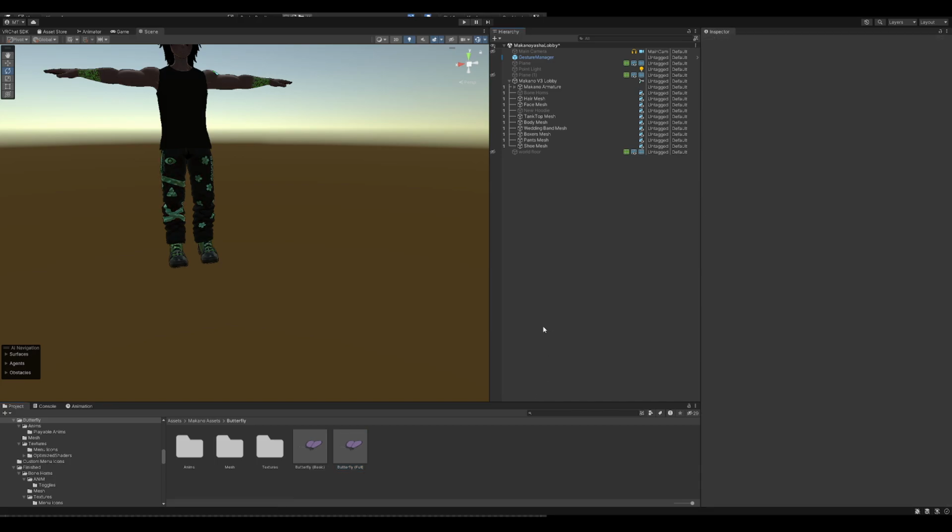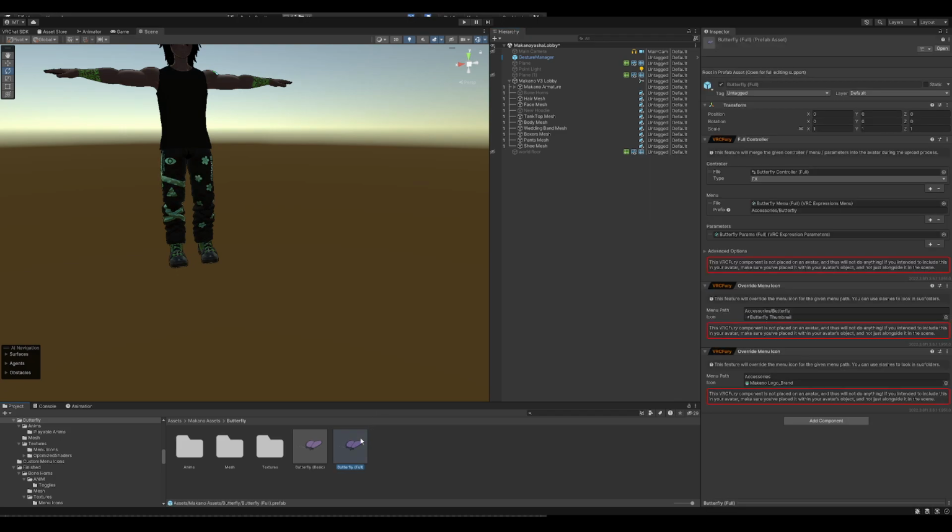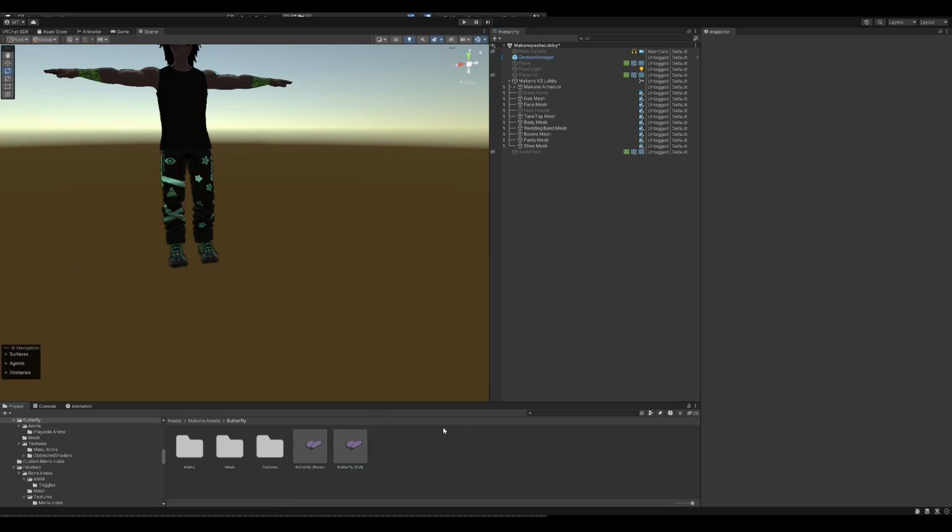Next up, you have Poyomi 8.1.155 or newer, so 9.0 will work. I'll probably be transitioning pretty soon, but I've been pretty busy lately, so I haven't worked on it yet. But yeah, after you have those two in your project, we can go ahead and move on to the next part,